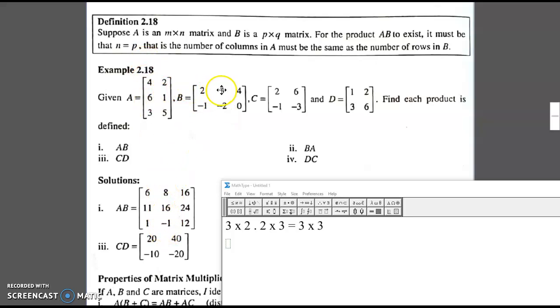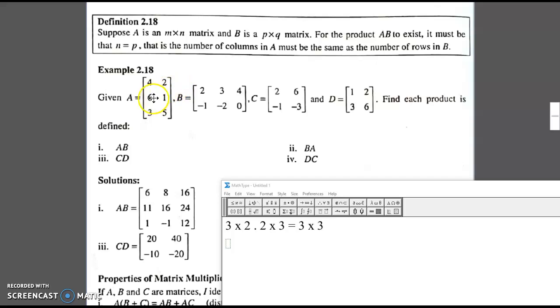So 4 times 3 plus 2 times negative 2, you'll get 8. 6 times 3 plus 1 times negative 2, you should get 16. 3 times 3 plus 5 times negative 2, you should get negative 1. And that will give us the second column. And for the last column,